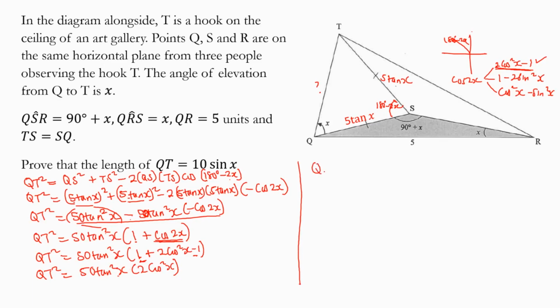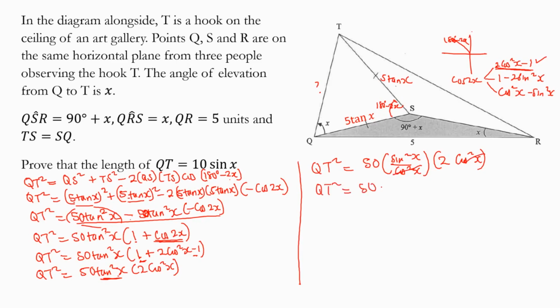So QT squared is equal to 50 times sine squared x over cos squared x, times 2 cos squared x. Cos squared x divided by cos squared x is 1, so we remain with QT squared equal to